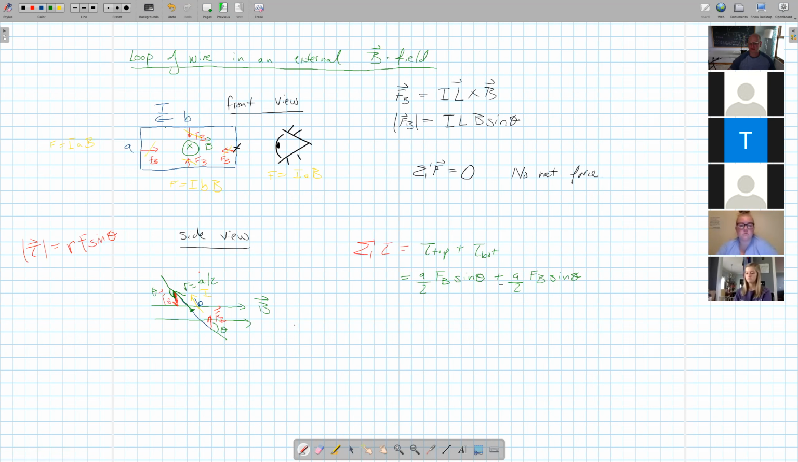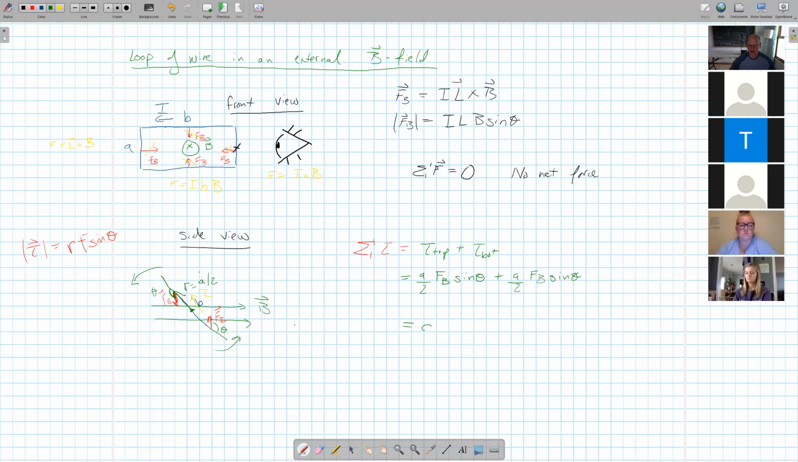Now, these two torques are in the same direction because this one's pulling and it wants to rotate this portion in this direction. This one's pulling and also wants to rotate in this direction. So those two torques are in the same direction. So that's why there's this positive sign here. Now this force is the same as this force. This angle is the same as this angle. Everything is the same. So this is simply the same thing as A times FB times sine of the angle